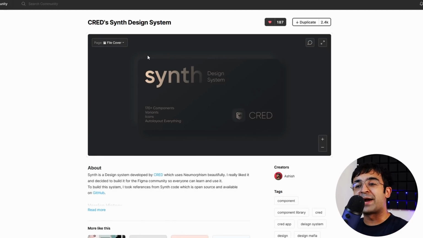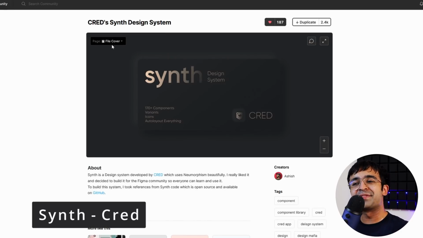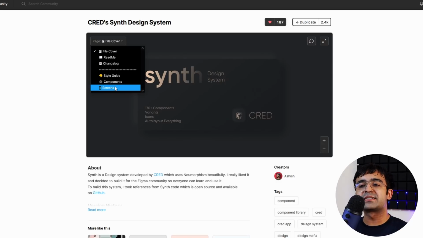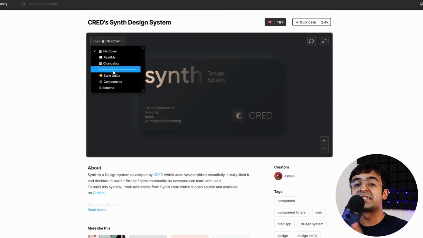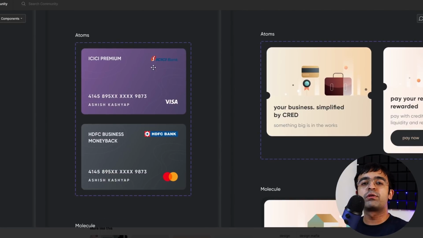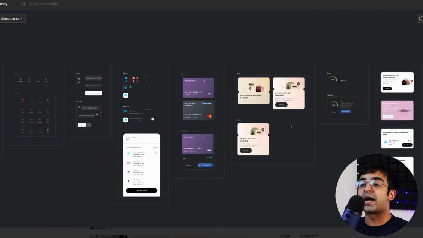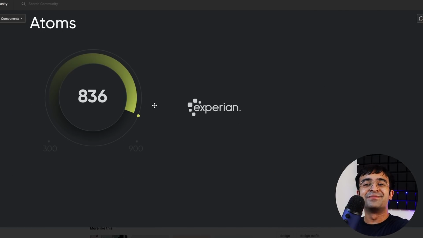So Ashish a while back came up with Synth. Synth is the design system of CRED. Now, unlike most full-fledged design systems, this doesn't have all the design system elements I would like to see. However, he's continuously expanding them. Thing I love about this, that it picks both neumorphic elements and material design and flat design elements and brings it into one solid UI kit or design system in this case to check it out. This is my favorite atom or element here, which is this neumorphic slider or this level, which is lovely.